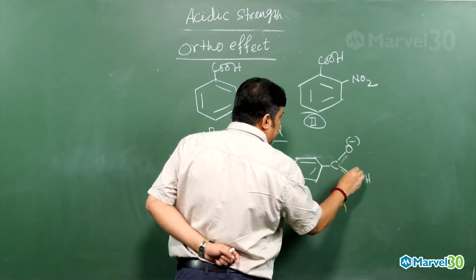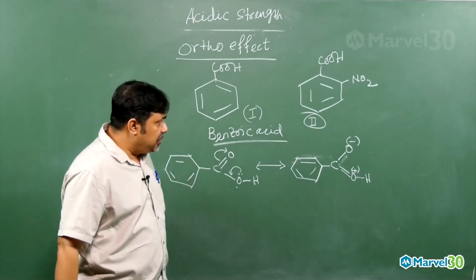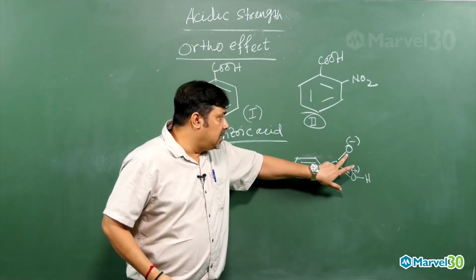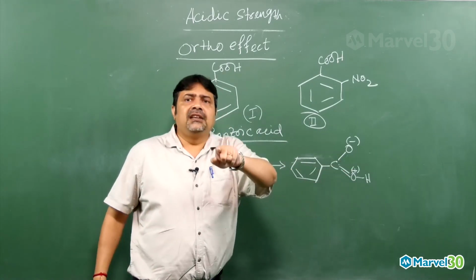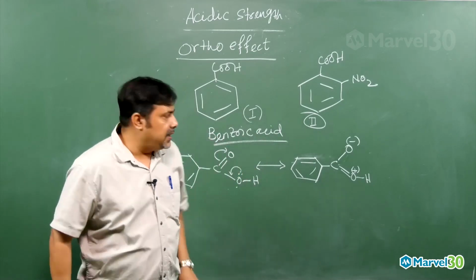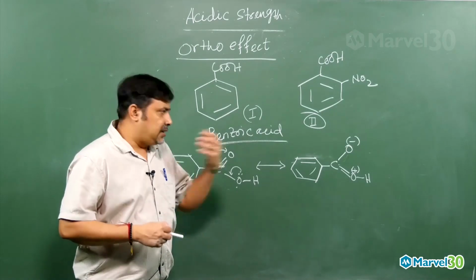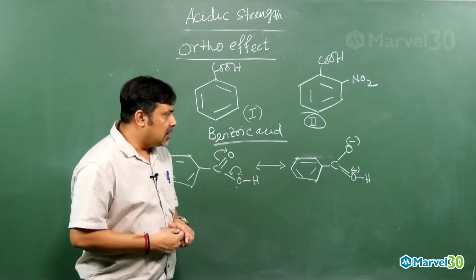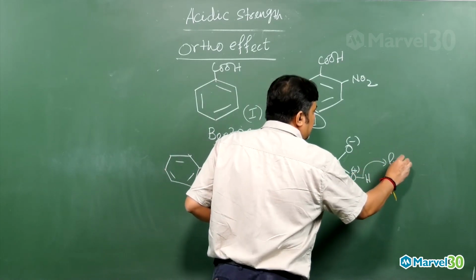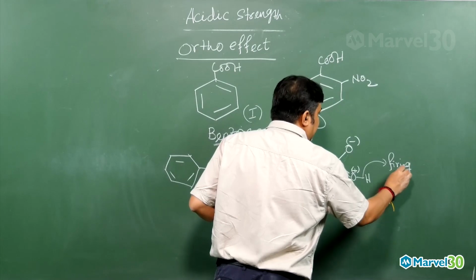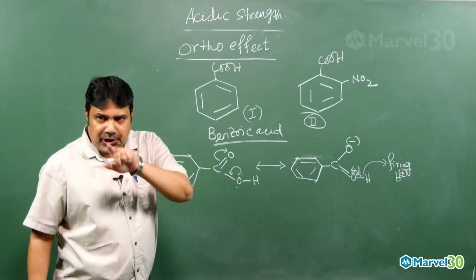Here the negative charge and here the positive charge will be there like this. That means a positive charge on the oxygen atom, which is a highly electronegative element. On that electronegative element, a positive charge is a highly unstable condition. Then what will happen? Immediately the oxygen tries to remove this positive charge. One possibility is by firing H plus. It will remove the H plus and the bonded electron will be taken towards itself. This is possibility 1.